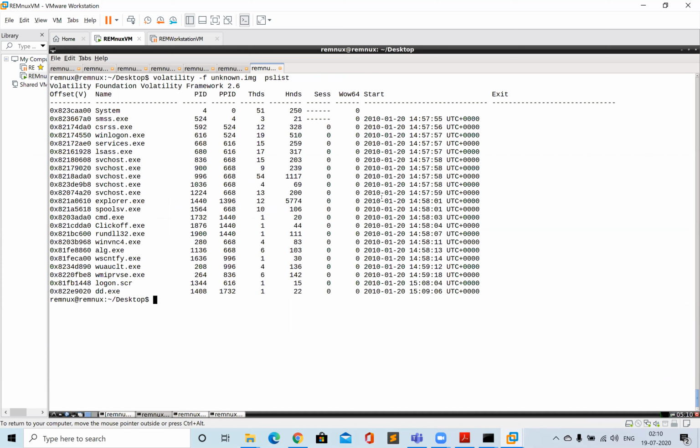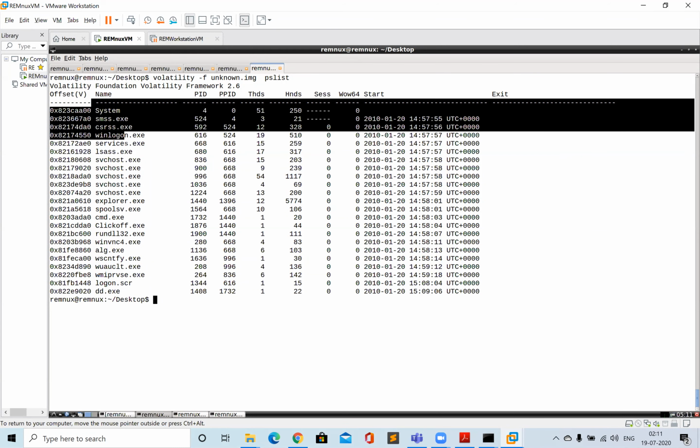Oh, okay. So what happened? This image was actually from a Windows XP machine. That's why the Windows 7 profile was not working. And you see that volatility has now parsed the RAM memory image with the plugin name pslist, which I got from volatility's -h command. It gives me a lot of the processes that were running at that moment in time. So I can see the process name.